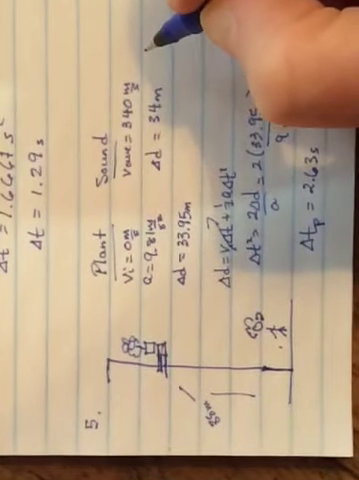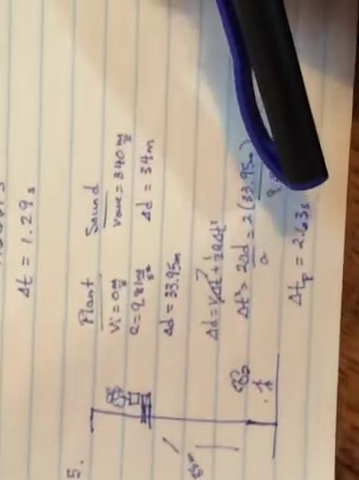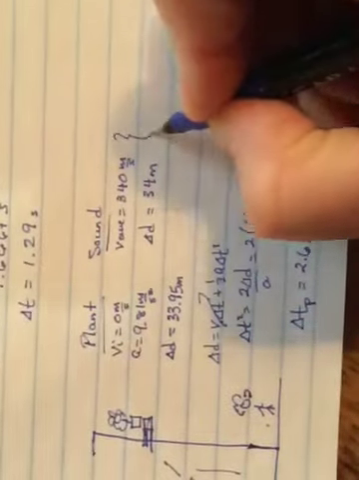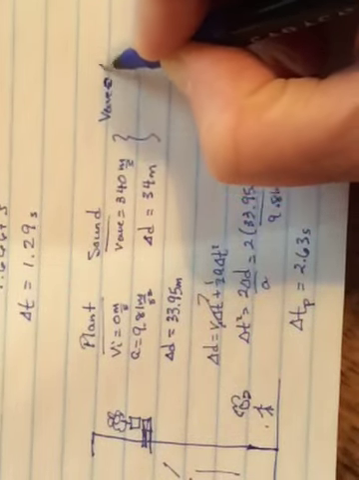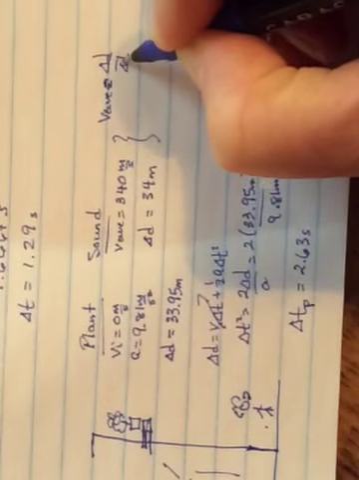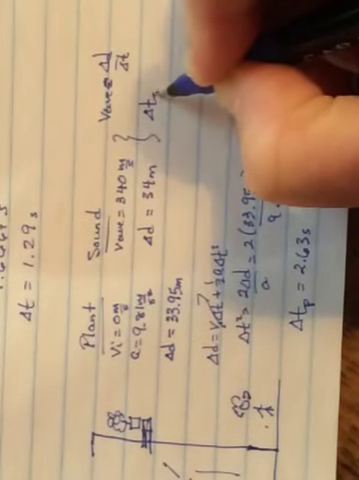Now you can also find the delta T for the sound. And for this, it'll just be VAV equals delta D over delta T. So delta T for the sound